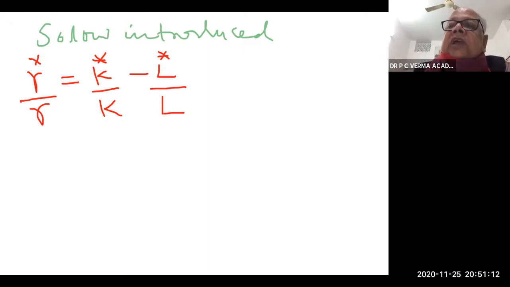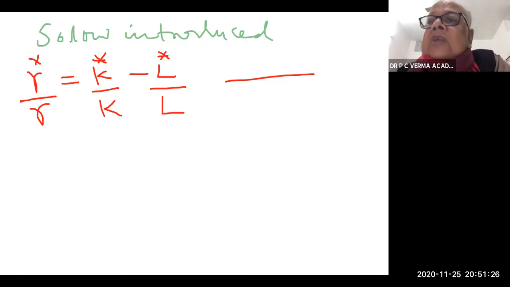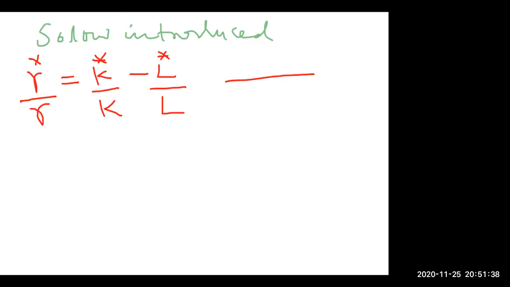This is introduced as equation number कितना हुआ है? What is the number of equation? Equation 4 है कि 5 है? Shravani? 5. 5, sir. 5. 5. Equation number 5. 5.